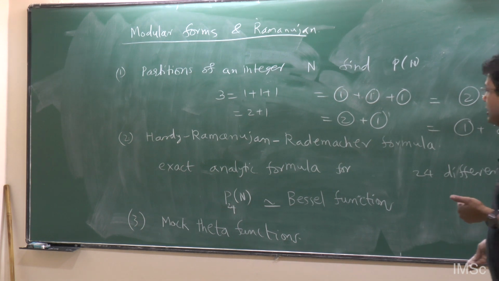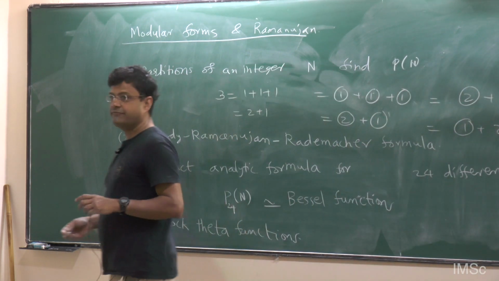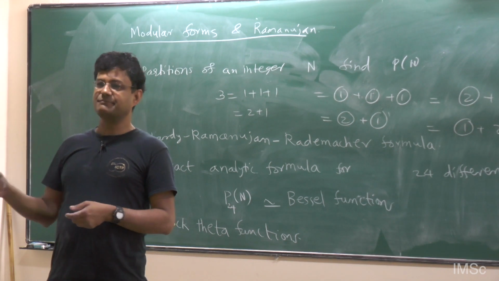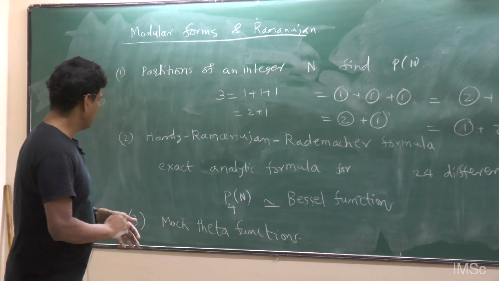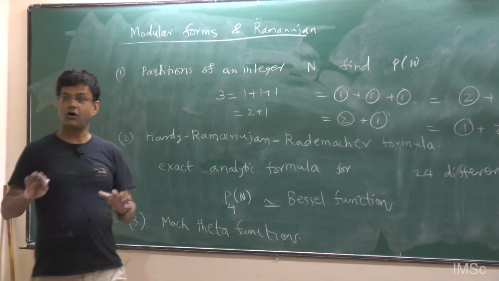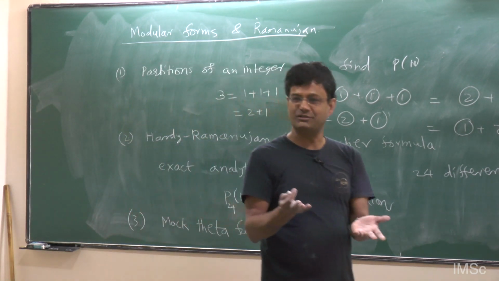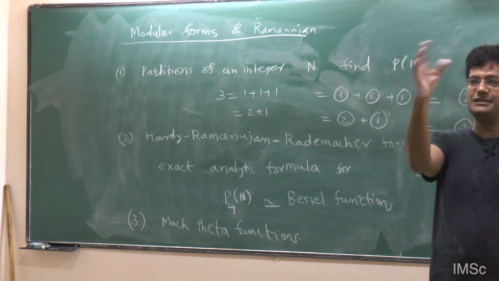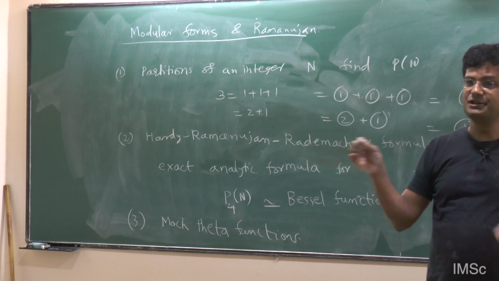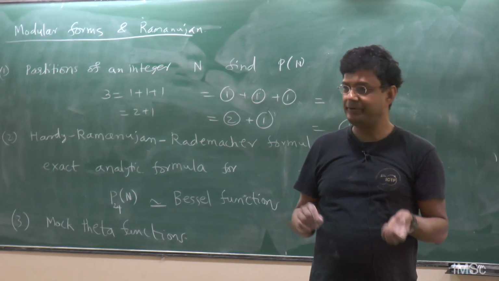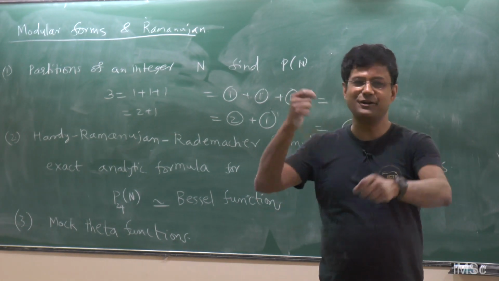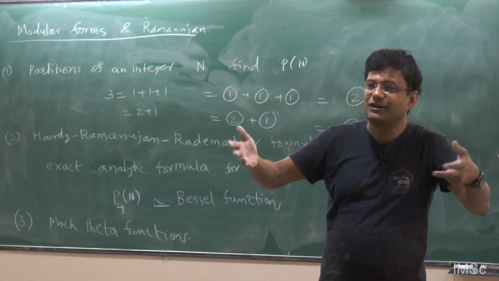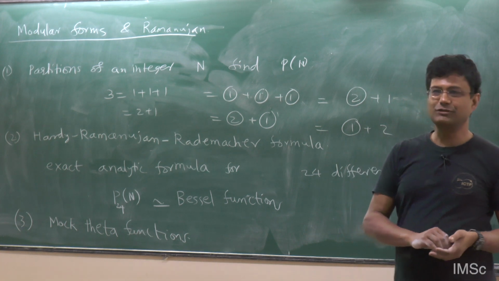What is difficult? You see, a modular form is a function which is highly symmetric. Now, it is always easy to specify something which is highly symmetric. But mock modular forms or mock theta functions are almost modular, but not quite modular. So it's always very difficult to say. If I tell you a sphere, it is easy to specify, right? You can write an equation. But if I tell you a sphere with a bump, then it's much harder to specify, because you have to tell me where the bump is, in what sense it is almost a sphere. And that's always very hard.